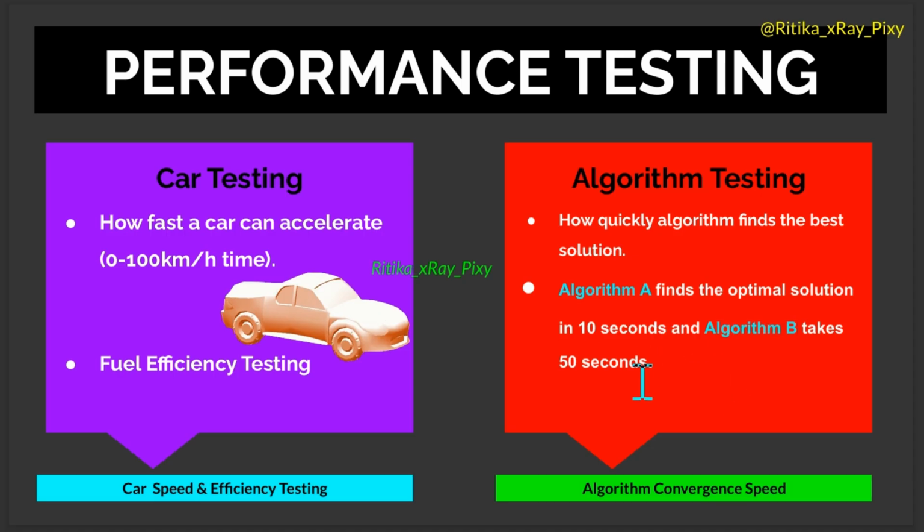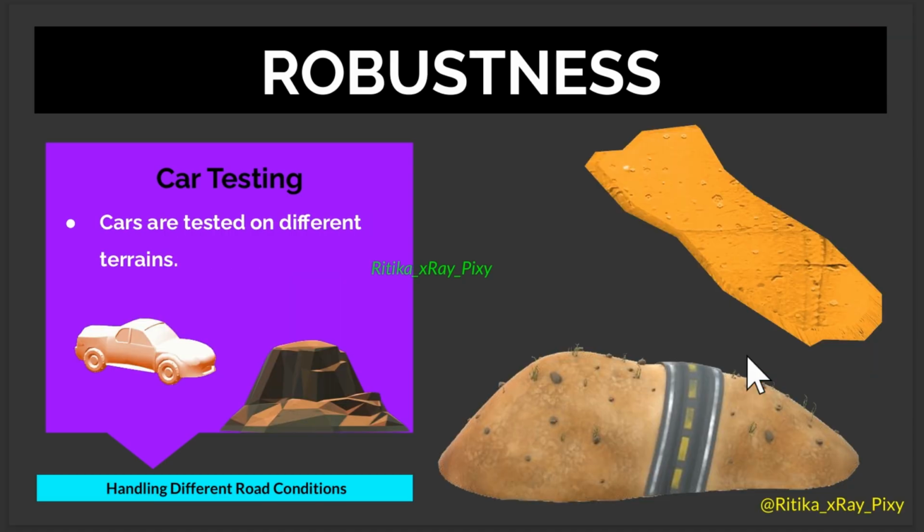If algorithm A finds the optimal solution in 10 seconds and algorithm B takes 50 seconds to find the optimal solution, then we will consider algorithm A is more efficient. So here algorithm A is more efficient as compared with algorithm B. Second point we have